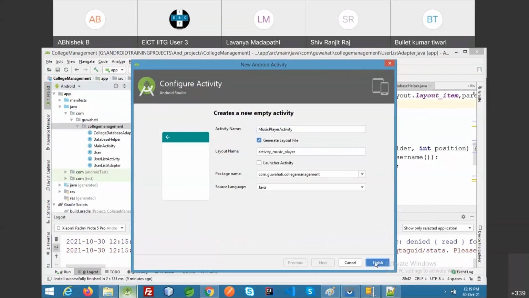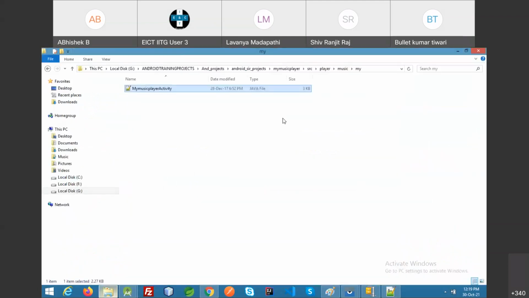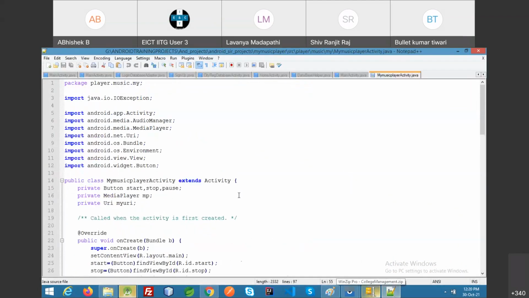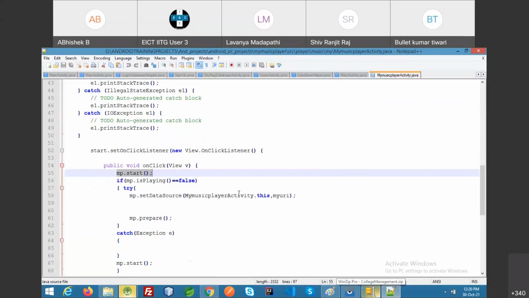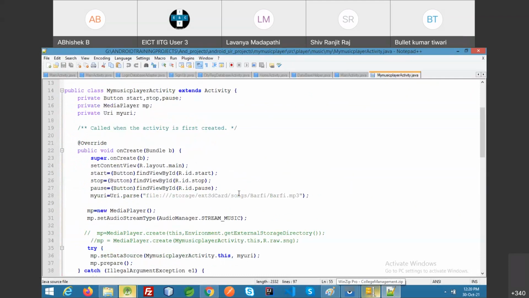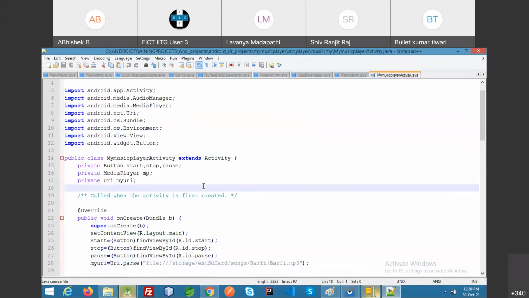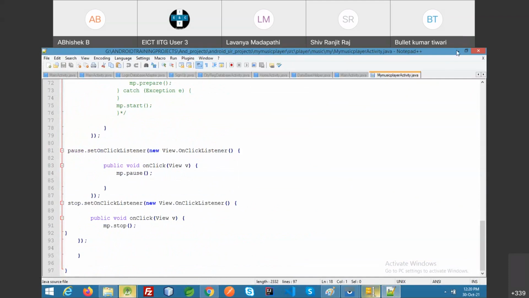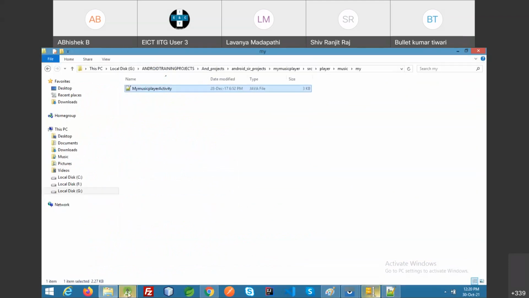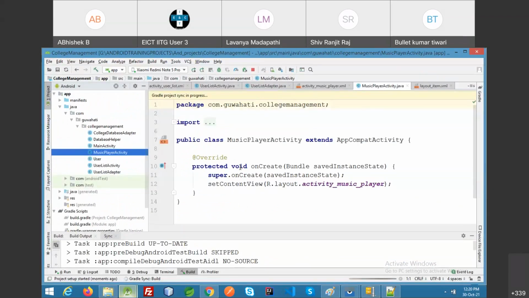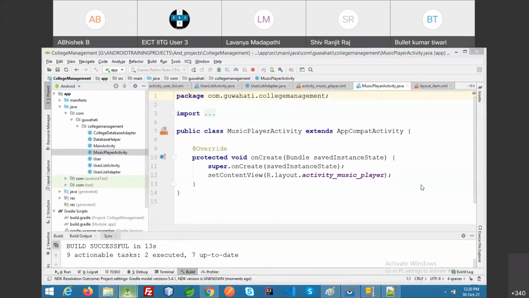Fine, finish. So I created an activity, the music player activity, that extends AppCompatActivity.